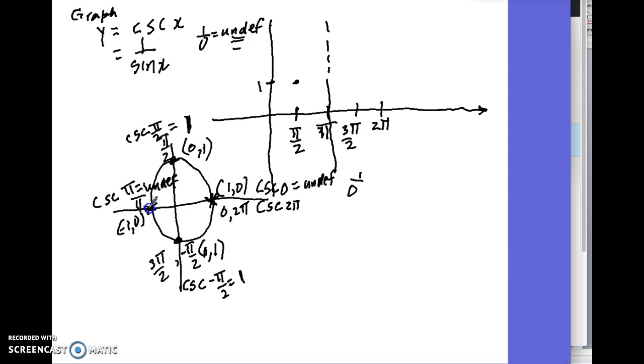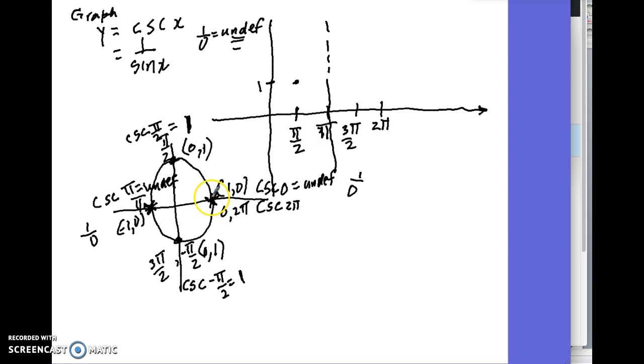If we go over here, we're going to find something similar. The coordinates are -1, 0. So the cosecant at this position, pi, is going to be, I shouldn't say -1, it's going to be 1 over whatever the sine is, which is 0. So here again we have undefined. Let me stop here for a minute. In the first and the second quadrant, the sine and cosecant are positive,